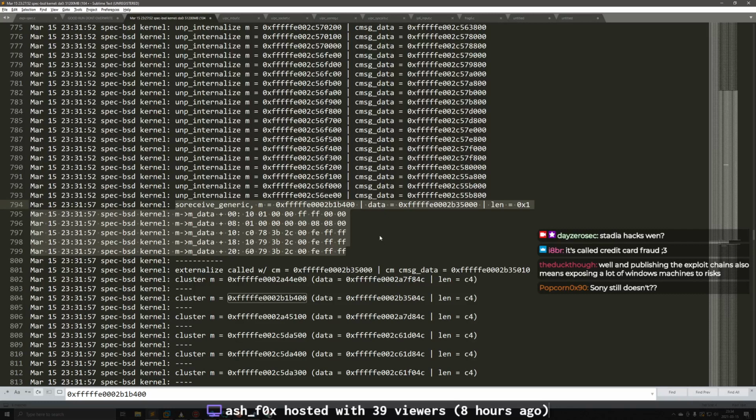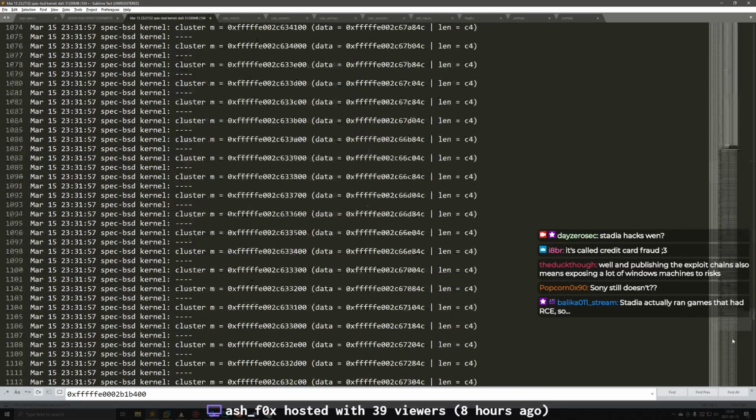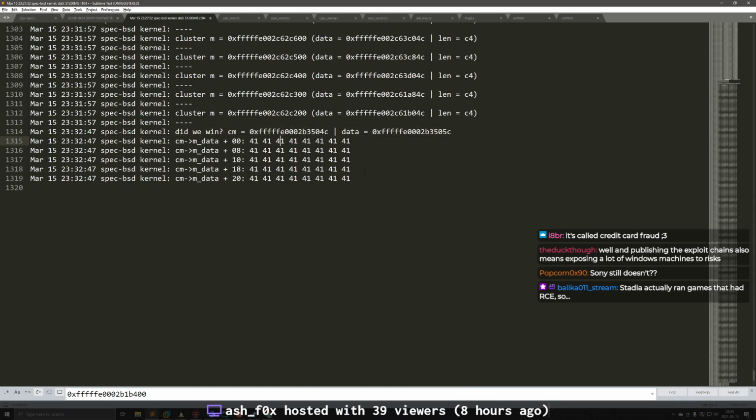This is what the buffer should be pointing to inside of the UNP externalize function, right? Then externalize gets called. My sleep kicks in to extend the window. The mbuf gets freed, reclaimed by a stack of hex 41s, and then eventually, near the bottom, the externalize continues, and we have our 41s in place.